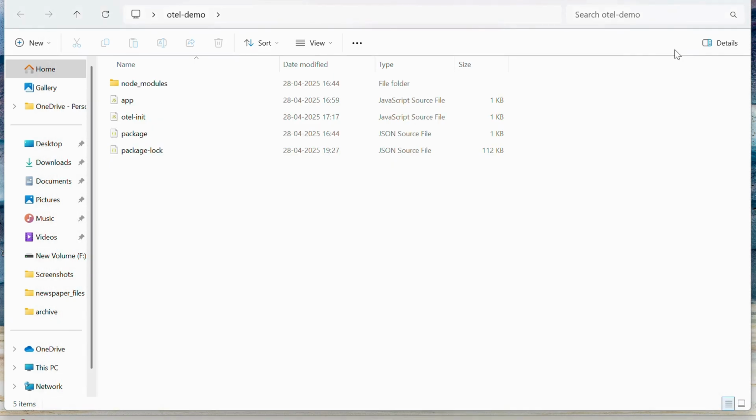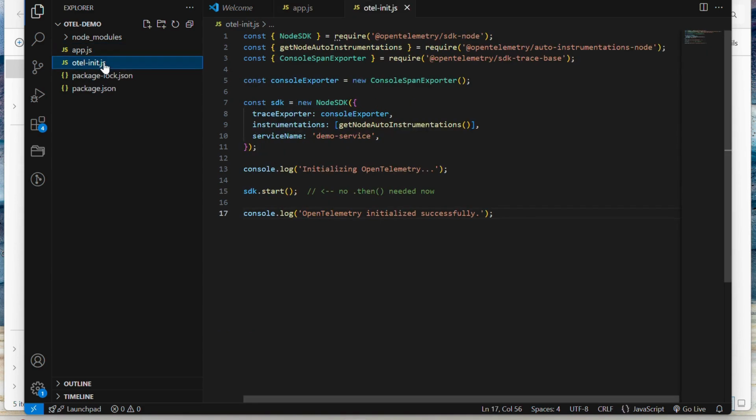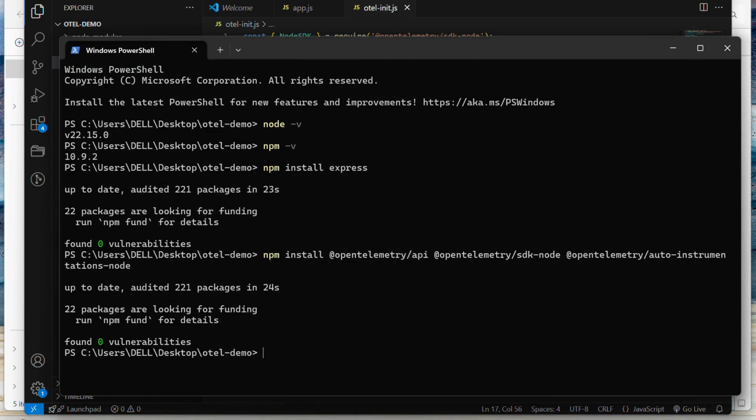After this, you have to create another file called hotelinit.js and copy the following code in it. Make sure you create both files in the same directory and save this, and then to run the app,